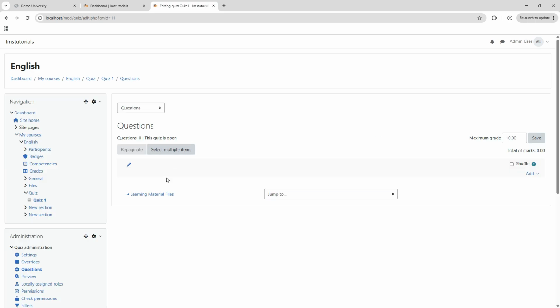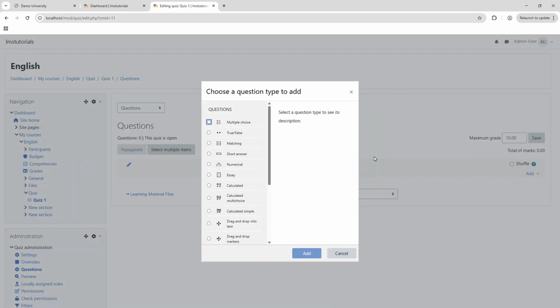Here you can see these options over here. Now let's say add. So there is a new question, there's a question bank, and there's a random question. Today we're going to see only new questions. What is question bank and what is random questions, we'll come back to later, because that is part of advanced again. To understand question bank and random question, first you need to understand how a quiz works. So we are just seeing how a quiz works as of now. Let's say add a new question. As soon as I click this option,